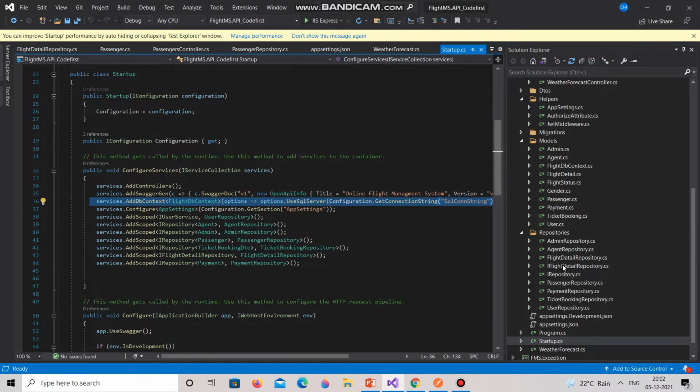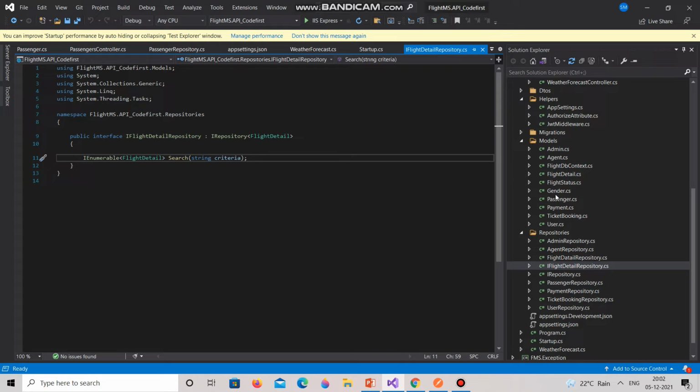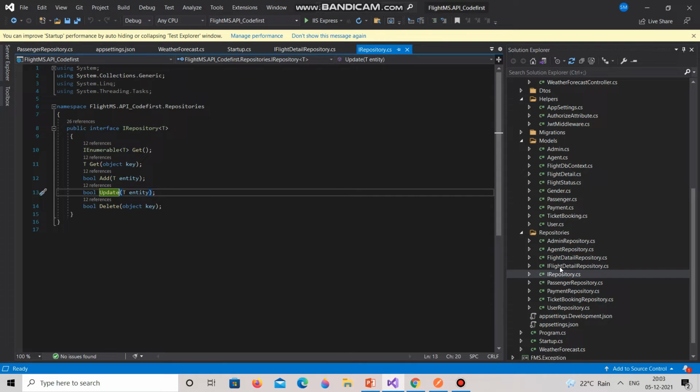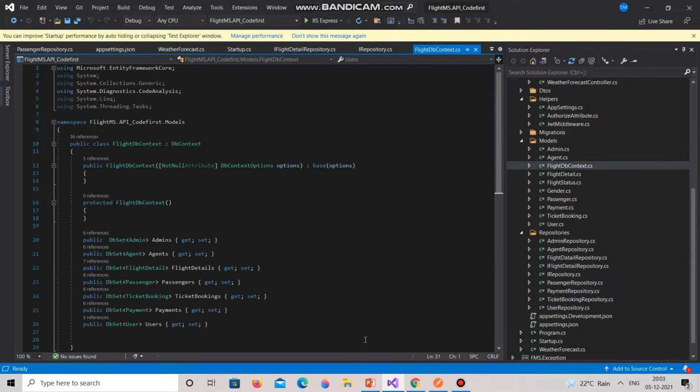So now if you go to the connections db context, okay, this is a repository. The repository is the mother class from where we are calling all the methods of the other derived repositories. And this is the DbSet, where we are performing all the tasks for the db context and naming the tables which will be reflected in SQL Server.